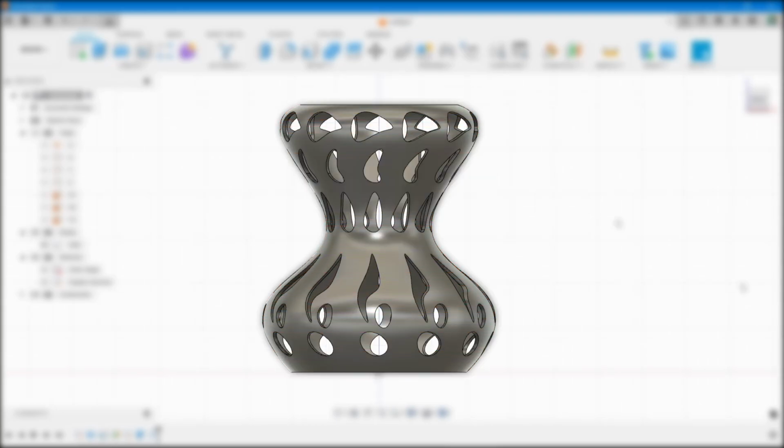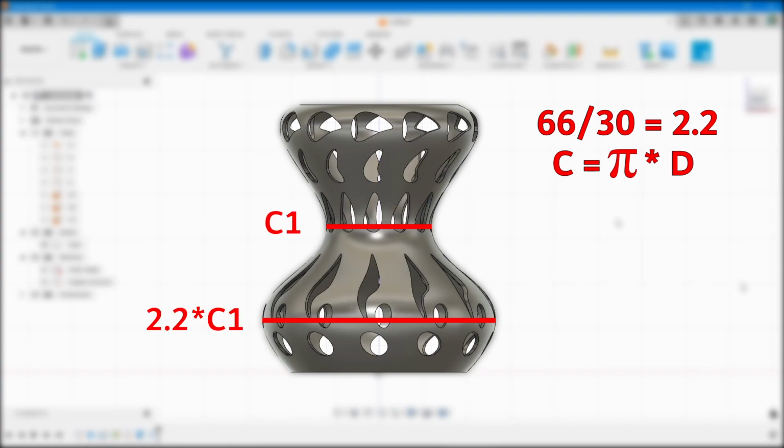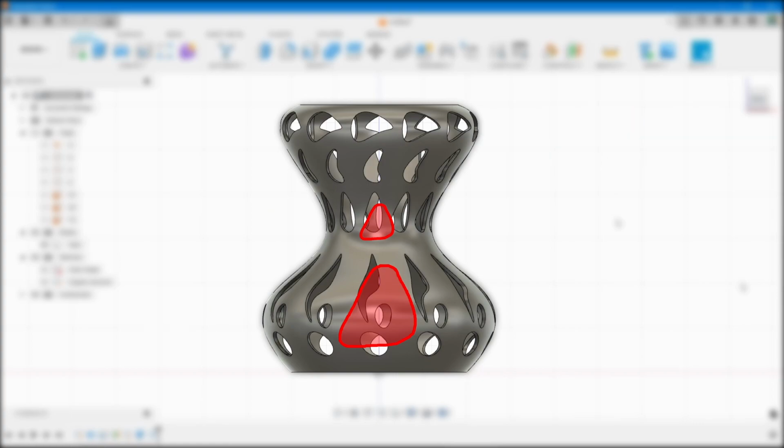So for example in the lower part the diameter is 66 and in the middle just 30, so it's 2.2 times larger. Because diameter is in linear relationship with circumference, the circumference in the lower part is 2.2 times larger than in the middle. That means we can fit 2.2 times wider shapes to the lower part than to the middle. To know how much smaller or bigger the shapes should be at every height, we have to scale the